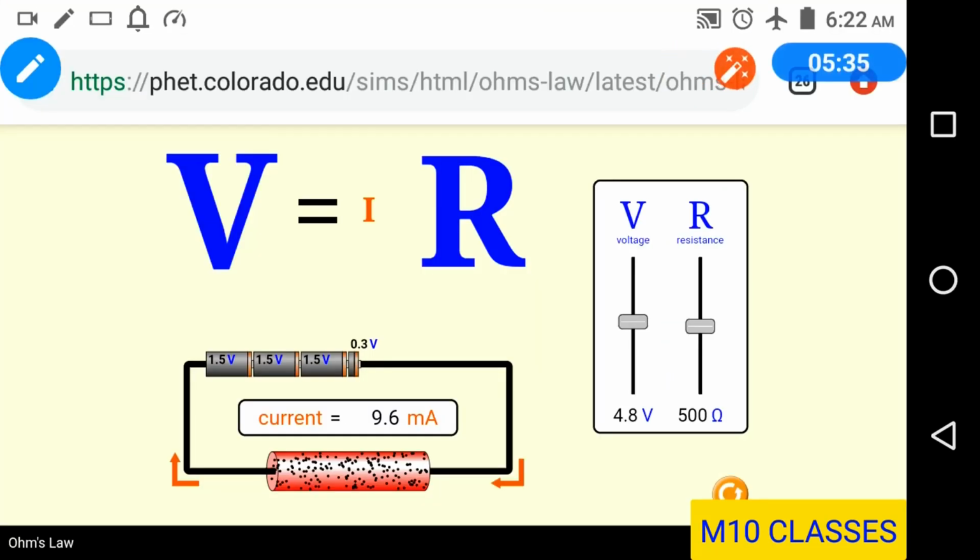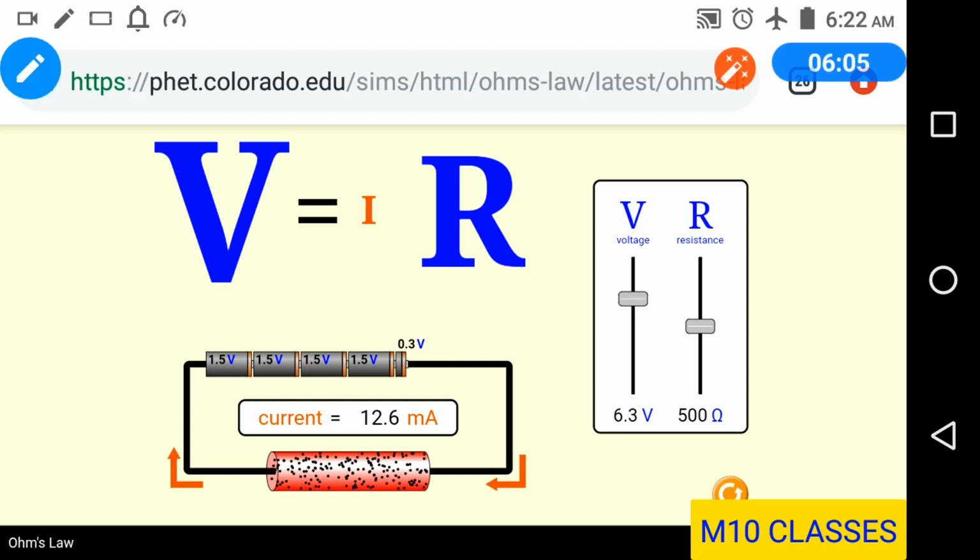Now students, see here, this is Ohm's law, that is V equals IR. This is the formula. Now I have taken a resistance and some voltage source. Let us see the dependence of current, voltage and resistance. First of all, as per Ohm's law, current is directly proportional to the potential difference. Now see here, I am going to increase and decrease the voltage source. I am gradually increasing the voltage source, and you can see that along with this, current is increasing.